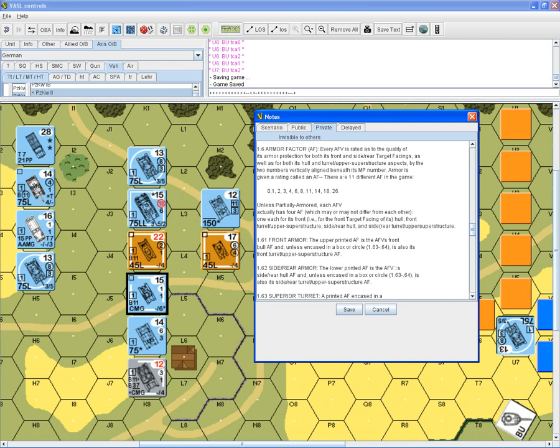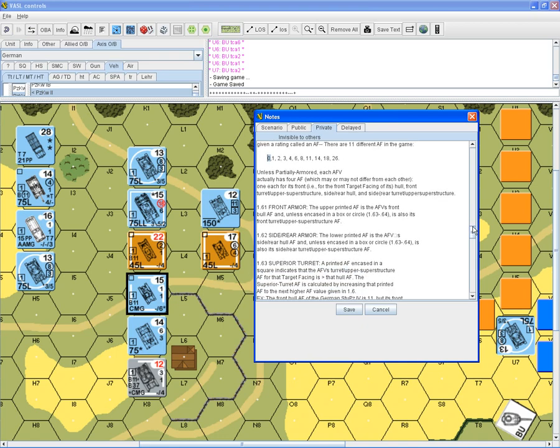There are 11 different armor factors in the game: 0, 1, 2, 3, 4, 6, 8, 11, 14, 18, and 26. Notice 0, even though it shows a value of 0, actually is an armor value. So if a vehicle has 0, it is still considered armored. Unless partially armored, which we talked about earlier,